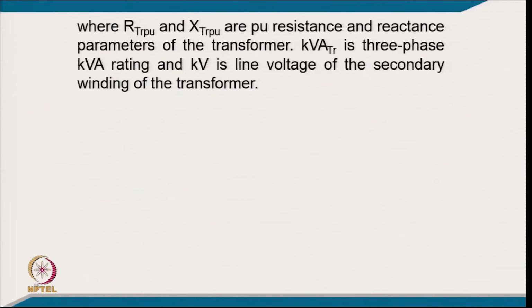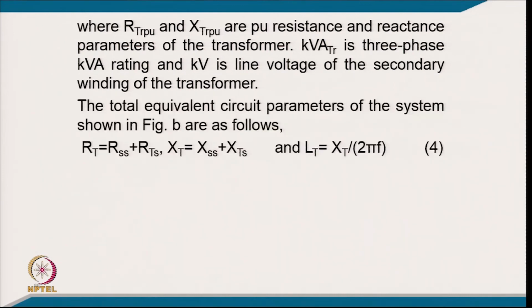Here RTPU and XTPU are the per unit resistance and reactance parameters of the transformer, KVT is the 3 phase kVA rating, and kV is the line voltage of the secondary winding of the transformer. The total equivalent circuit parameter of the system shown in the second figure is RT, which consists of the feeder impedance on the secondary side and the transformer impedance also on the secondary side. Similarly, the reactance of the low voltage side of the transformer and the transformer short circuit reactance, from which you can calculate LT as XT upon 2 pi f, where f is